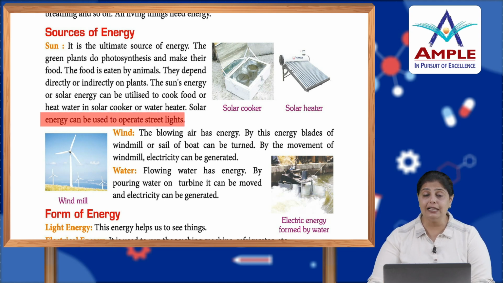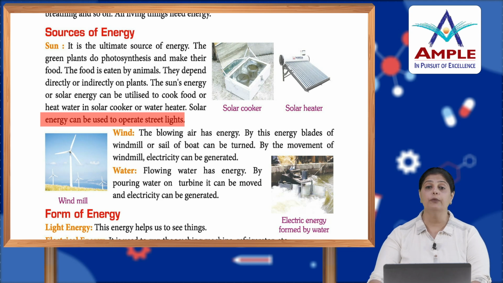Now, apart from that, sun's energy is also known as solar energy, and we use it to cook food. How do you light a fire? With the energy that we get through the sun. So, solar energy is used to cook food, to heat the water, in the water heater or solar cookers and all. Solar energy can also be used to generate electricity. Nowadays people have started using solar panels wherein the sun's energy is trapped in those panels, and then it is used to generate electricity or get light in the evenings.